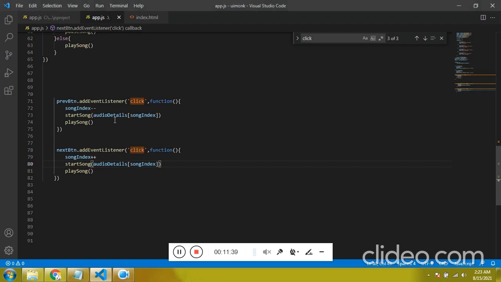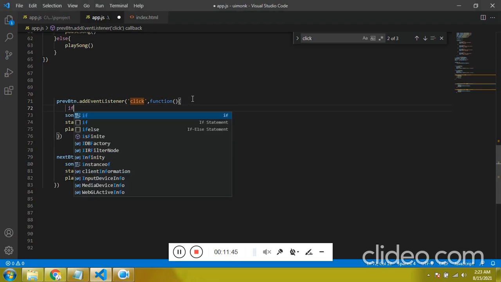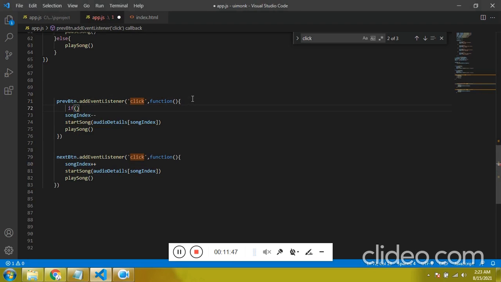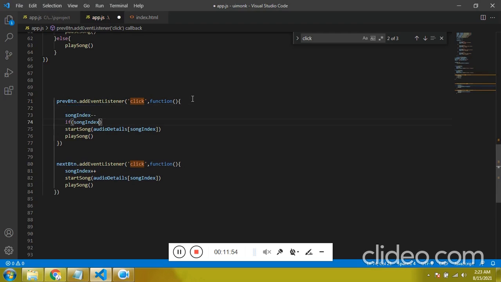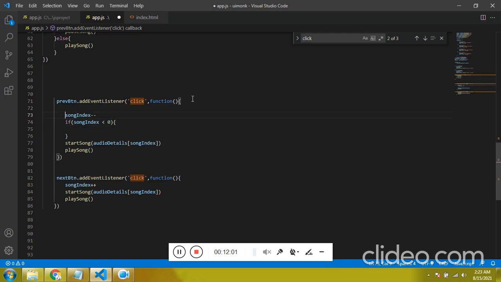So to avoid this, this is minus. If song index, it should be after this line, if song index is less than 0, then I want to make the song index the last one, which is 3.